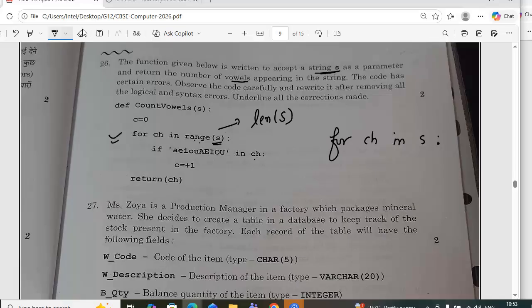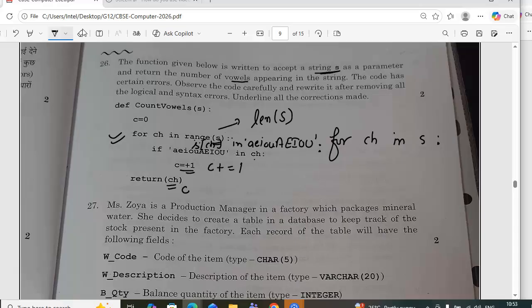So if I am considering this part, it means if S[ch] in 'AEIOUaeiou', with capital A, E, I, O, U as well, then C += 1, because every time we are increasing the value of C. So C is a counter for counting the number of vowels present in the string. So we have to return the number of vowels, so that is the value of variable C.